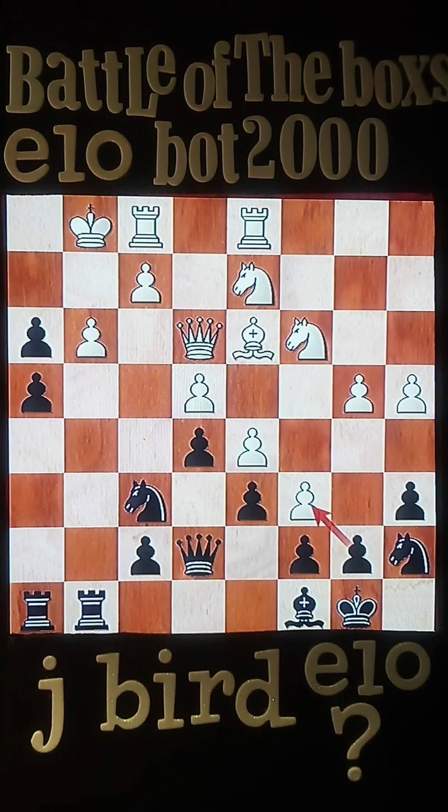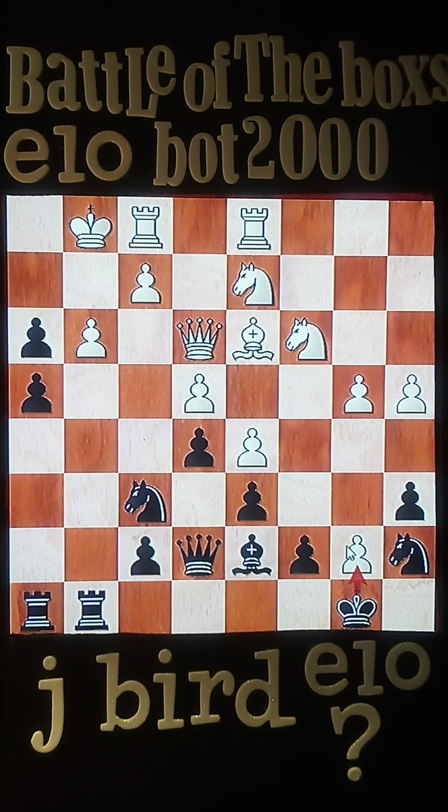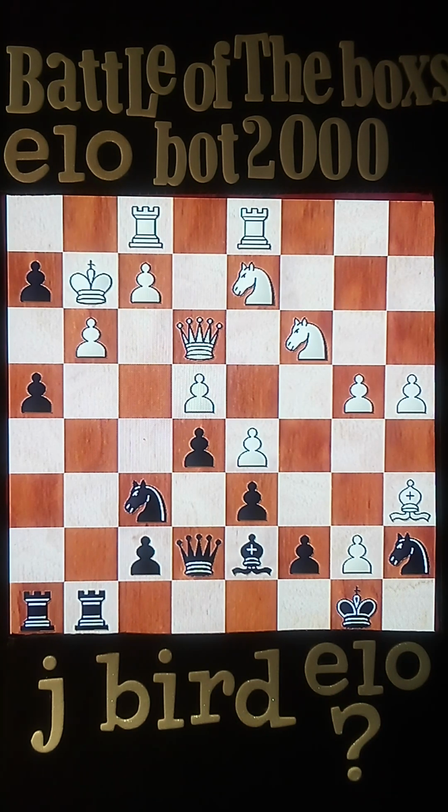c6, c8, takes b7. Now I move out of the way, d7. Look at that. Perfectly safe. Really aggressive. This thing's aggressive. It attacks, well, me attack too. After d7, a6 takes, check, h2, g2, take g3,